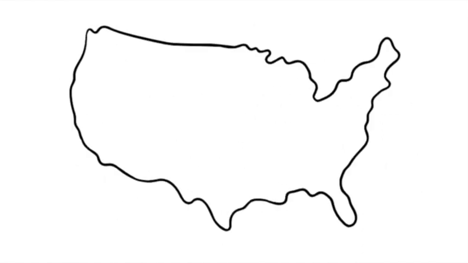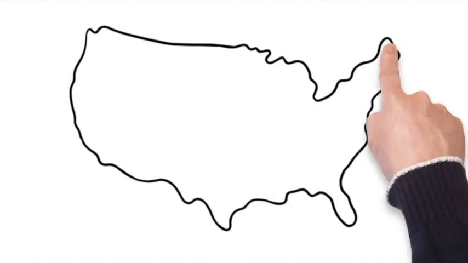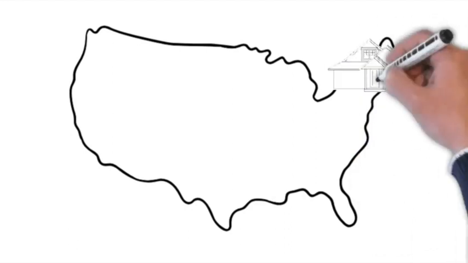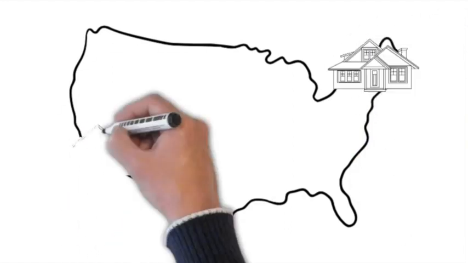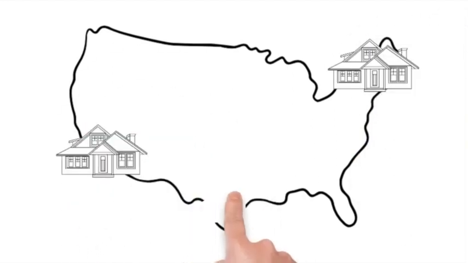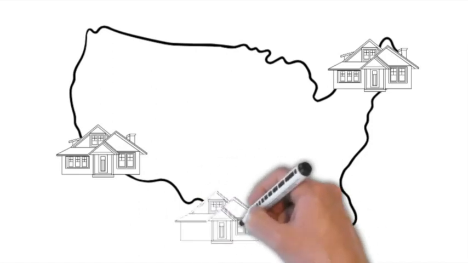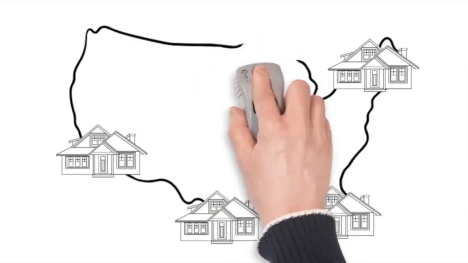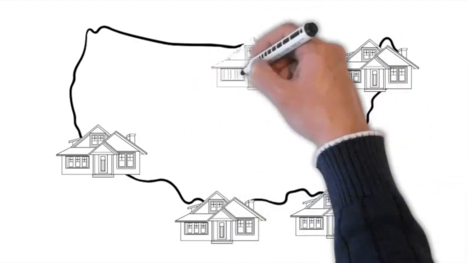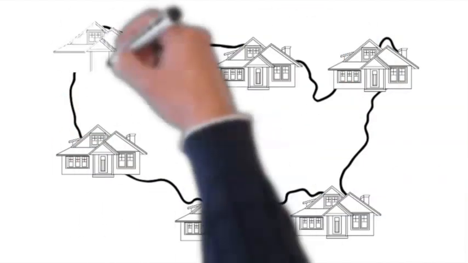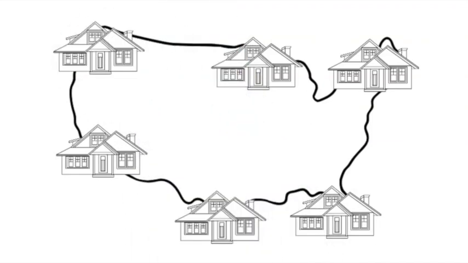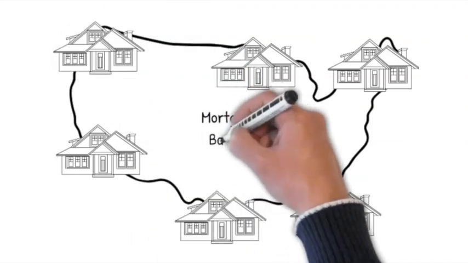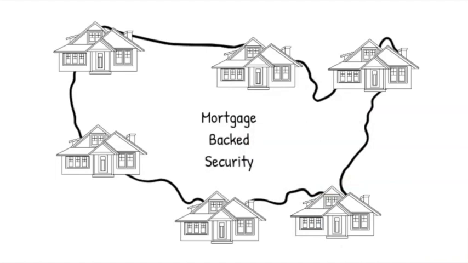So now let's look at a national example where we're not originating a single mortgage, but we're actually originating many mortgages from all over the country. Let's say in New Hampshire, California, Texas, Florida, Illinois, and Washington. The idea being here is that we package all of these mortgages all up together in a